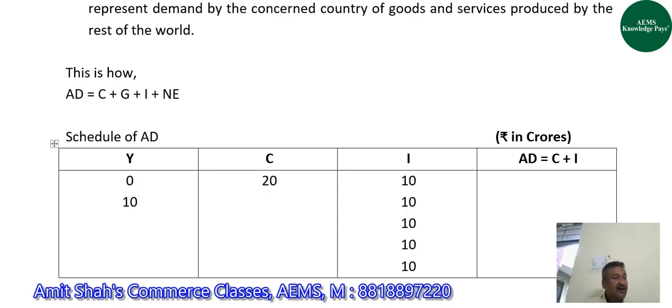With this, consumption expenditure will also increase. It has become 25 crores, right? Again, income increased to, let's say, 30 crores. Am I clear? It has become 33 crores. Income has become 40 crores. Income has become 100 crores, right? Now it has become 80 crores. Means what I'm trying to tell you is that